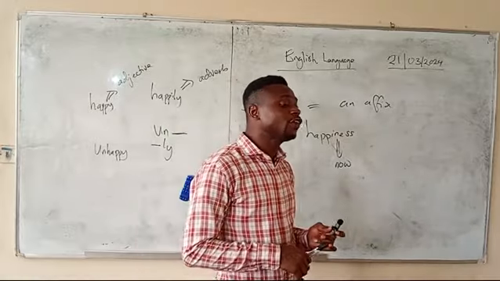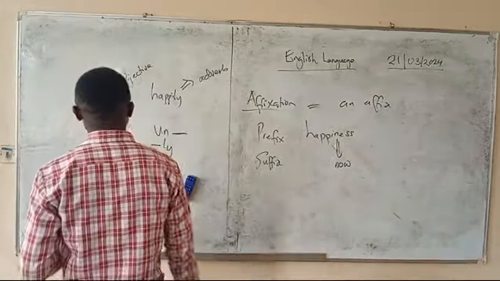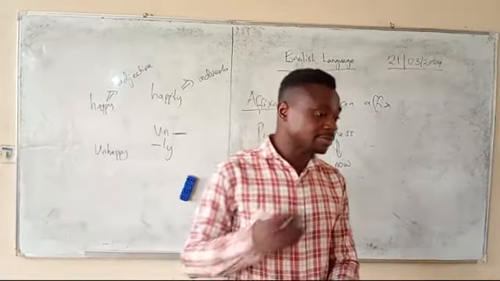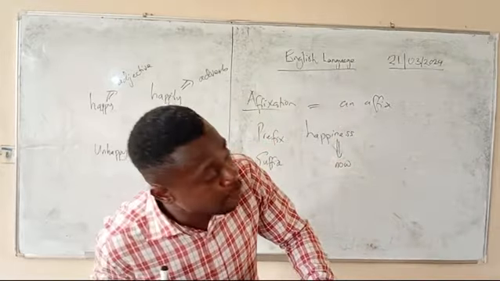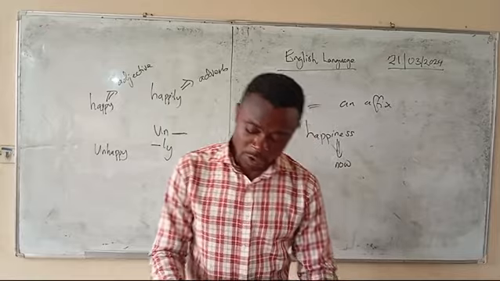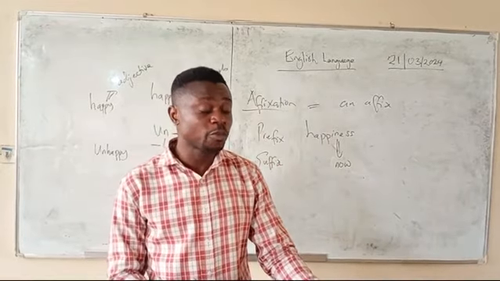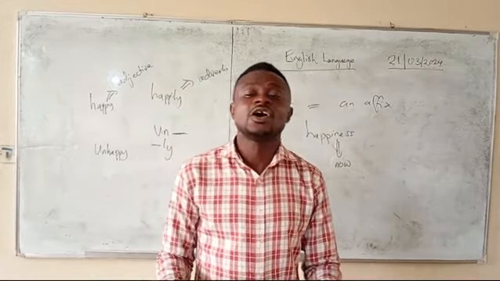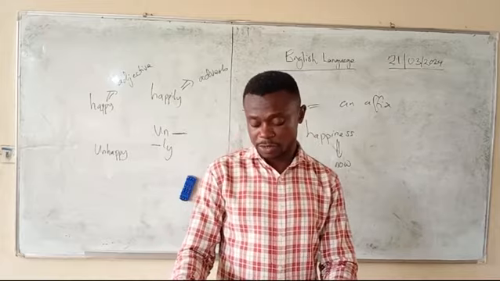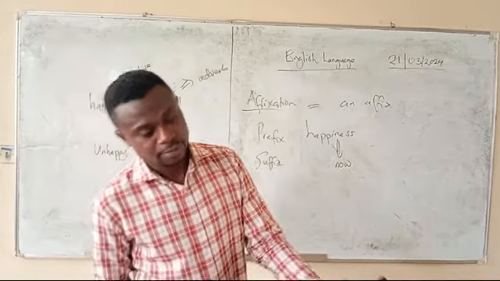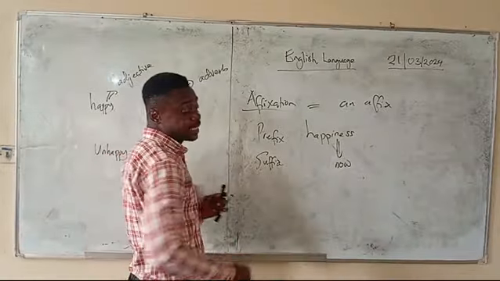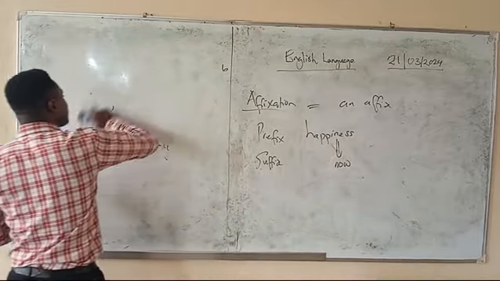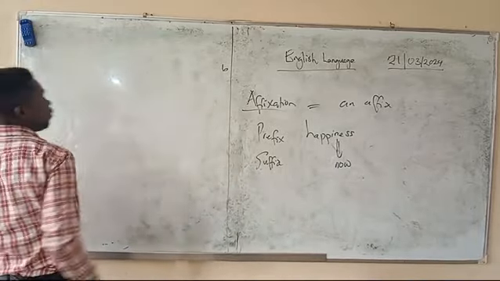The following are prefixes used in word formation. We're going to list them first, then we go after each of them. You can use categories of prefixes used in word formation. The first group are prefixes that have negative implications. We'll list them, then take them one after the other.